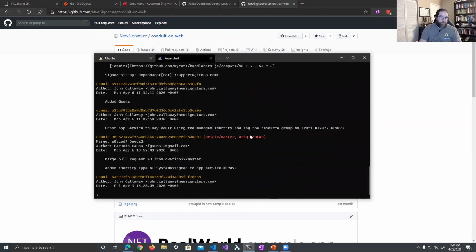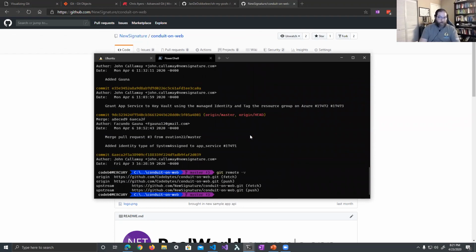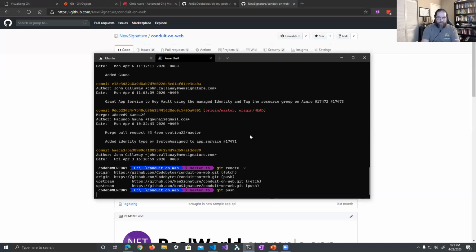So if you ever fork a repository from somebody, and you're working in your local copy and they're working in their copy, and you want to get their updates, make sure you have their remote added so that you can pull down their changes. And then now that I've pulled them down, I've pulled down that master branch into my master branch, I can push it up